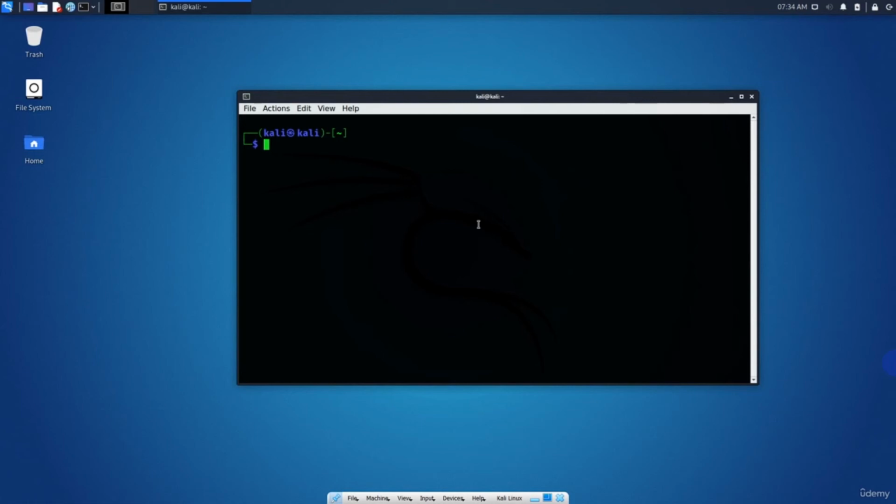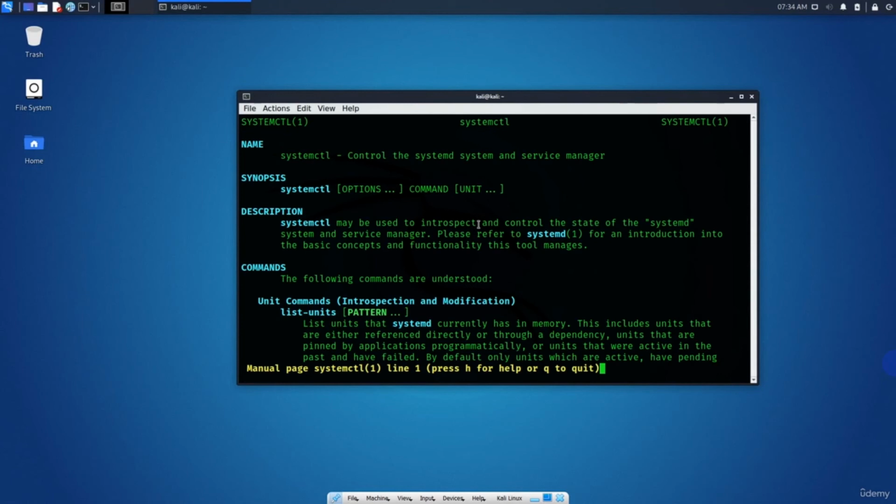Okay, now in that case, we will use command called systemctl. Okay, now as we learned previously, man systemctl, as you can see, control the systemd system and service manager. Okay, so this